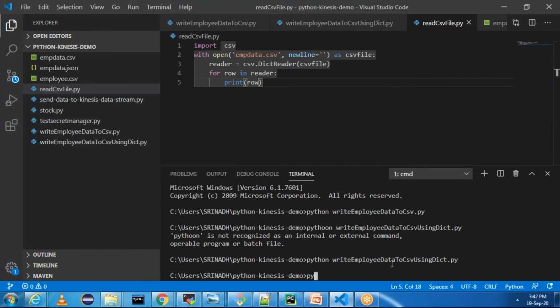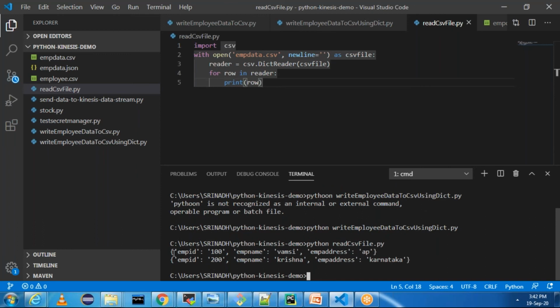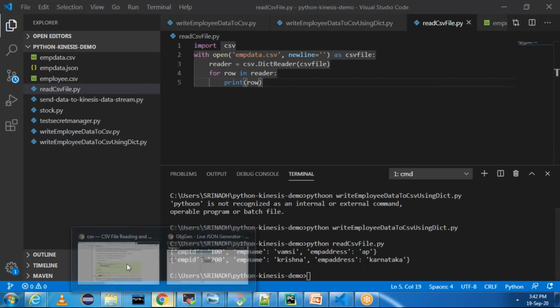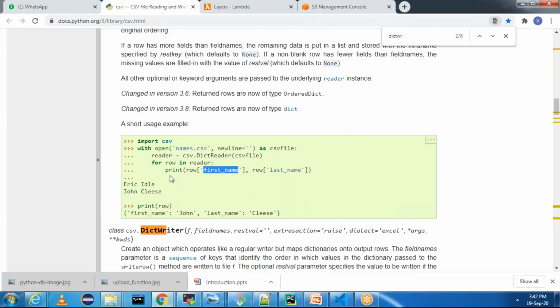Write, save it and read it. Read CSV file, and you see you got the data. This is the data you have. If at all you want to print any particular field, you can access the elements like this, row of that particular name.